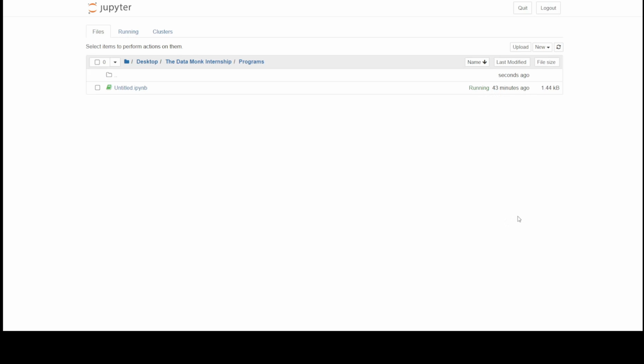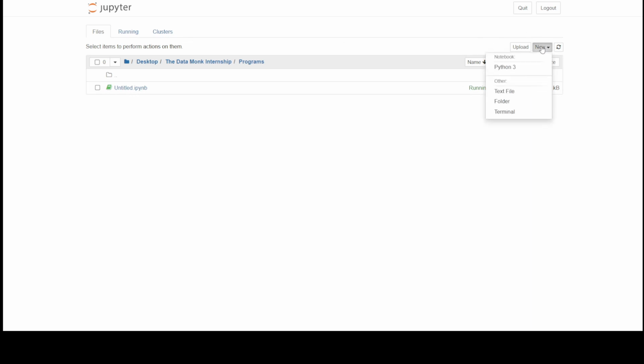Today's interview question is: write a Python program to rotate an array. Now this question can be taken into multiple types. So first let us take the type where we rotate it by d elements towards the left. So in the given array, if we have 1, 2, 3, 4, 5, after rotating it by 2 elements, we will get 3, 4, 5, 1, 2. Okay, so let's dive into the code.